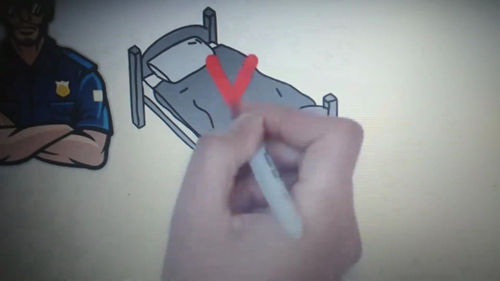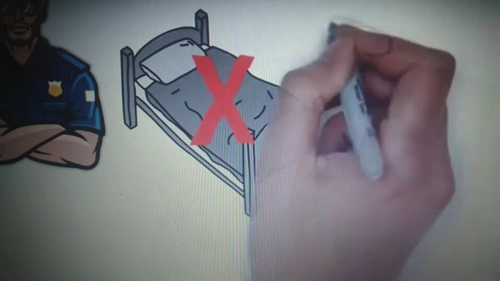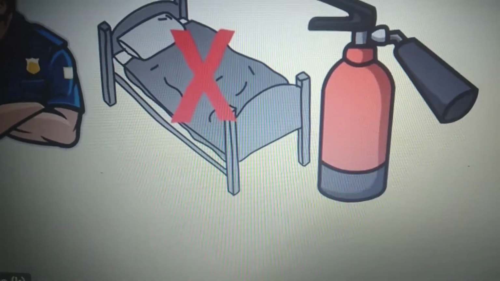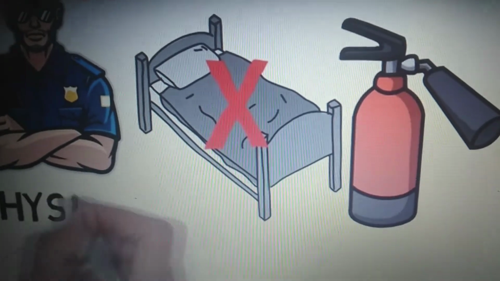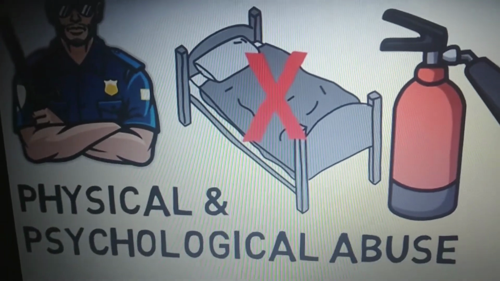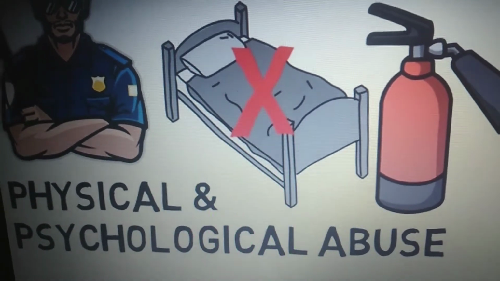Within one day, a guard actually hit one of the prisoners with his nightstick. On the second day, the prisoners tried to rebel, and so their beds were taken away. To punish these prisoners, the guard shot a fire extinguisher into the cell. Guards used physical and psychological abuse, including things like sleep deprivation, to punish and intimidate the prisoners throughout the study.